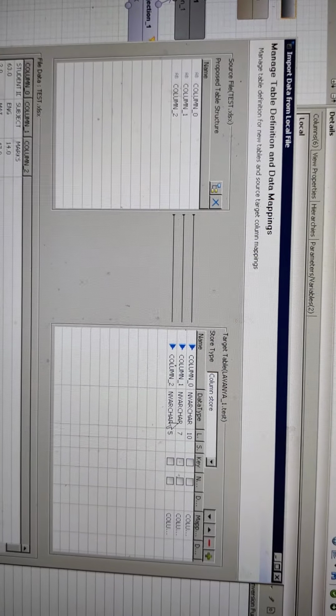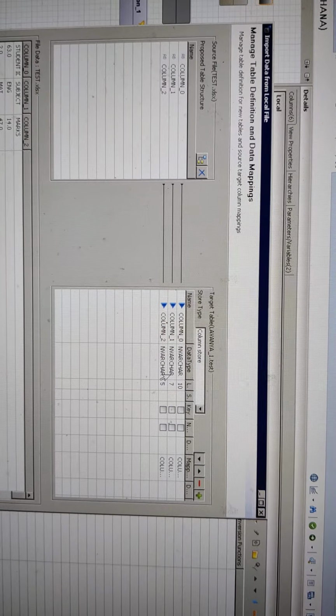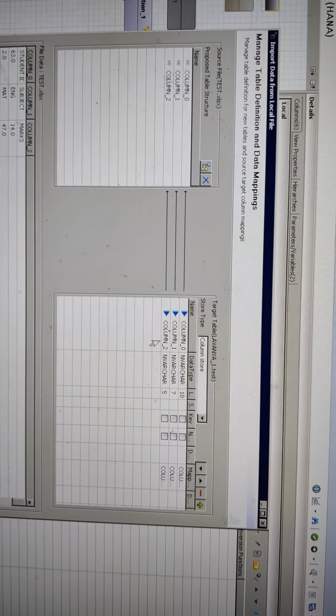Okay, again you do this, select this test Excel sheet, you are loading it. Header row, keep it as 1 because header row exists. Okay, let's leave this option, import. Let's use Lavanya 1. See, we have made this column 1. Now you can change this. Column 1, column 2.